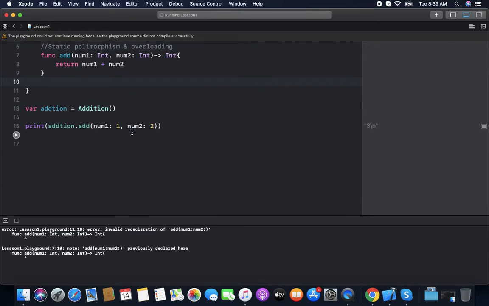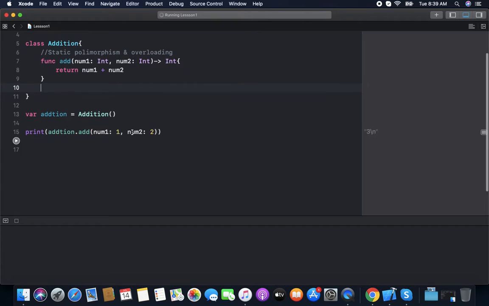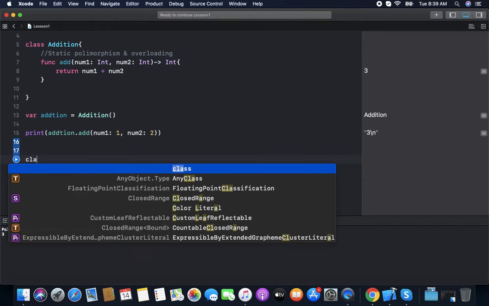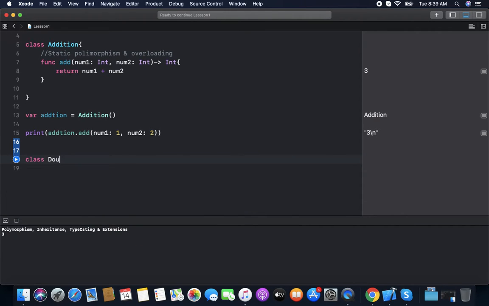Now we have runtime polymorphism or overriding. So if we have a class DoubleAddition, which will inherit from the class Addition. When a class inherits from another class, it has the same functionality.